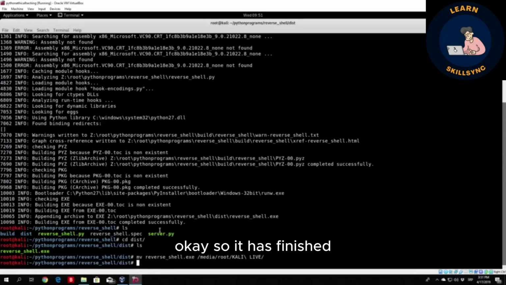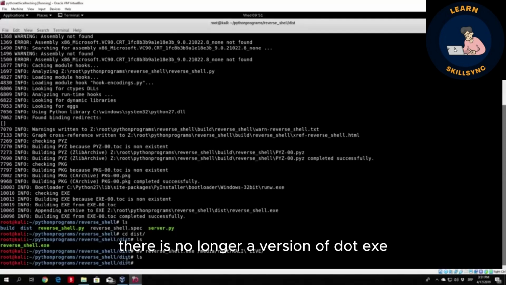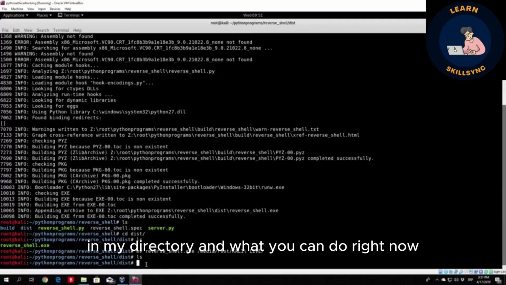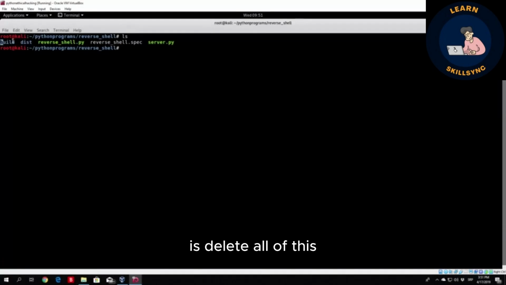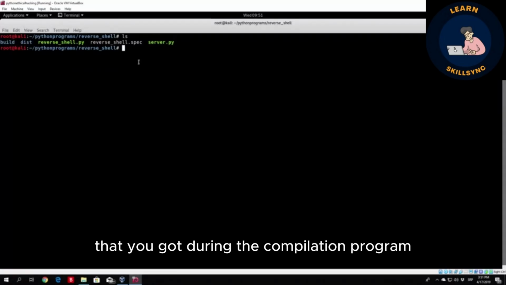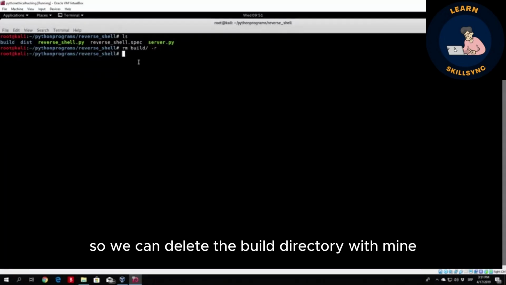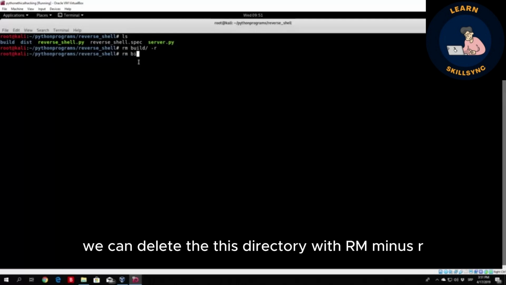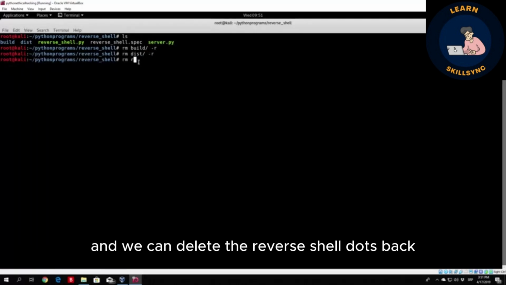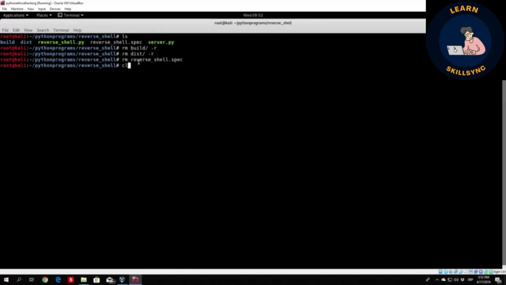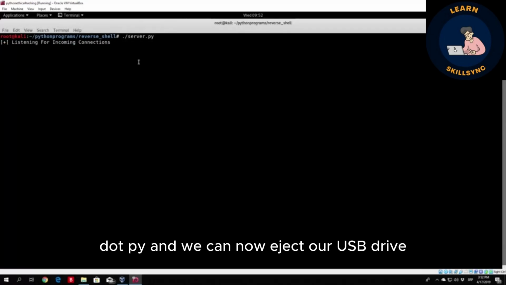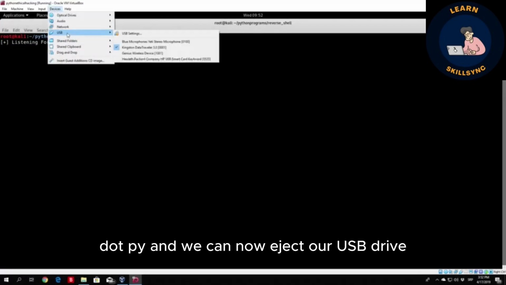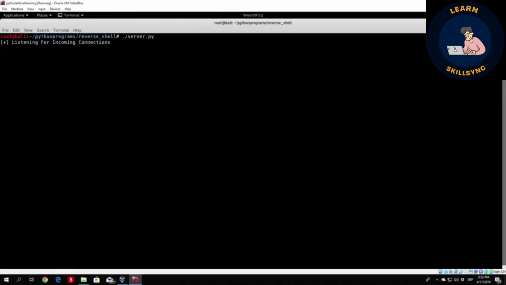Okay, so it has finished. You can see if I just type ls right here, there is no longer reverse shell.exe in my directory. And what you can do right now is delete all of this that you got during the compilation. So we can delete the build directory with rm -r, we can delete this directory with rm -r, and we can delete the reverse shell.spec. All we need to do right now is run the actual server.py, and we can now eject our USB drive,